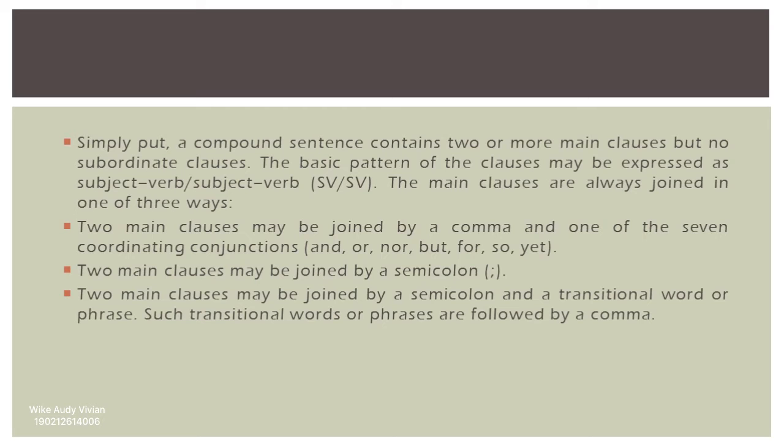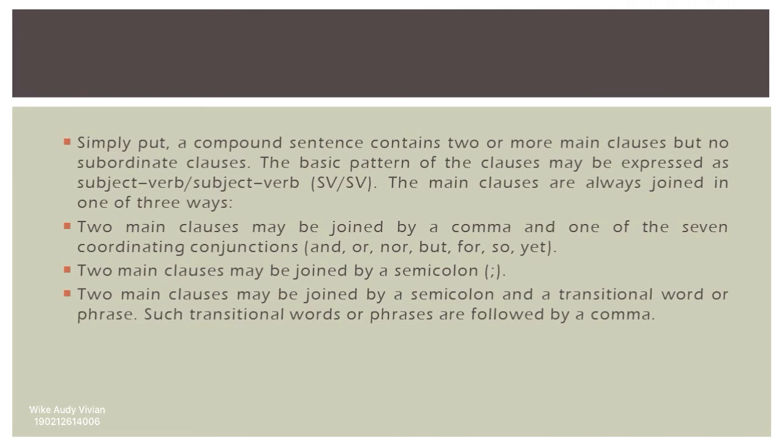Simply put, a compound sentence contains two or more main clauses but no subordinate clauses. The basic pattern of the clauses may be expressed as subject, verb, subject, verb, SV, SV. The main clauses are always joined in one of three ways. Two main clauses may be joined by a comma and one of the 7 coordinating conjunctions: and, or, nor, but,